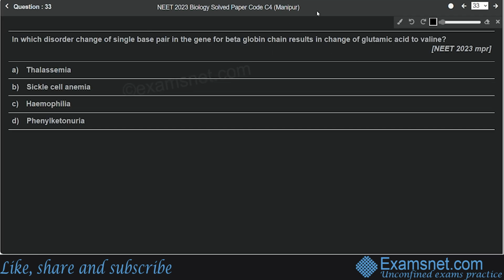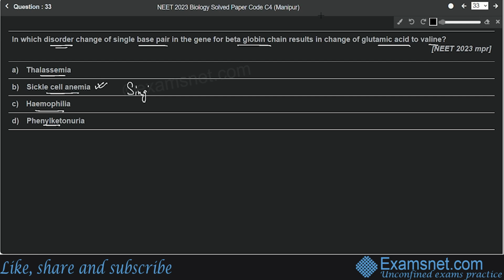Question number 33 is from the chapter Principles of Inheritance and Variation, and the question is, in which disorder change of single base pair in the gene for beta globin chain results in the change of glutamic acid to valine? Options are thalassemia, sickle cell anemia, hemophilia and phenylketonuria. So the correct answer will be sickle cell anemia. Okay, it is caused by single nucleotide mutation